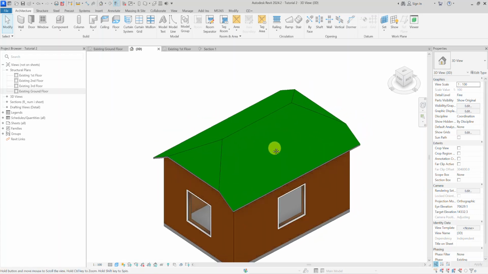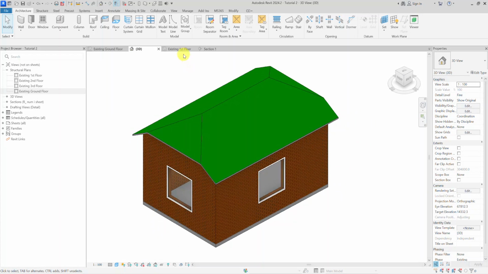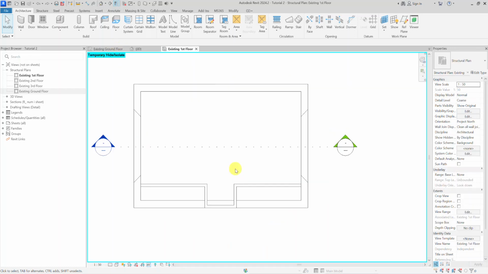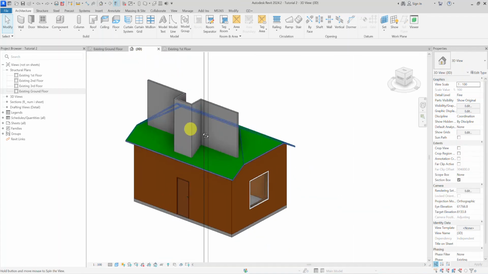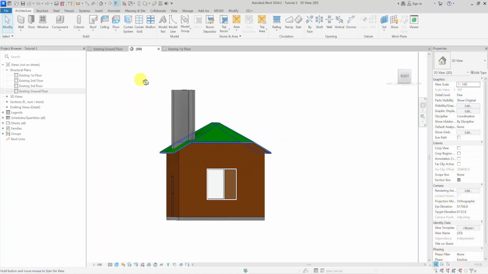Now let's look at how to make dormer windows. They are done as follows. Let's move on. For example, we already have built walls on the plan, which will be the boundaries of our dormer window. If we go to the 3D view, we can see that they are just sticking out of the roof on